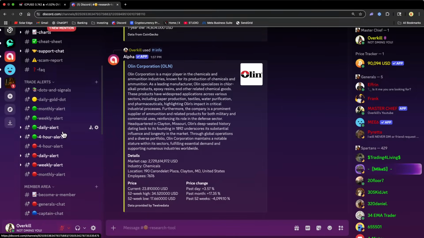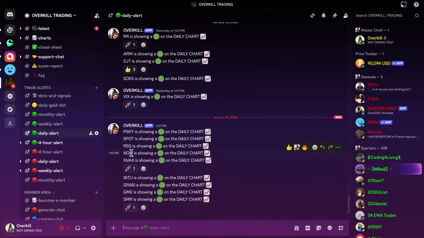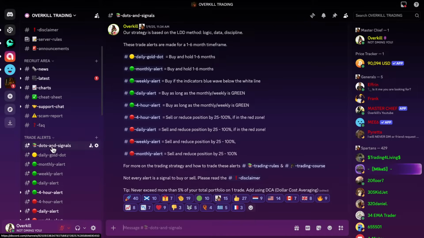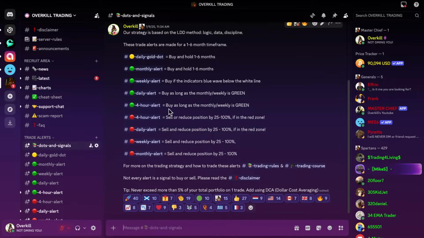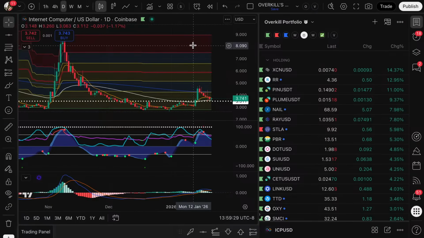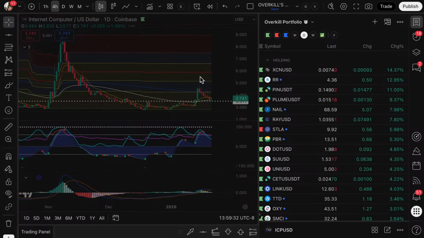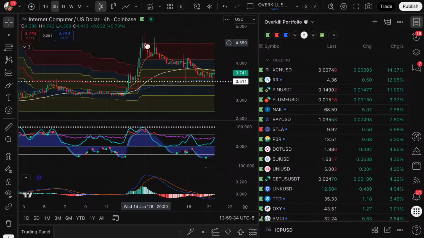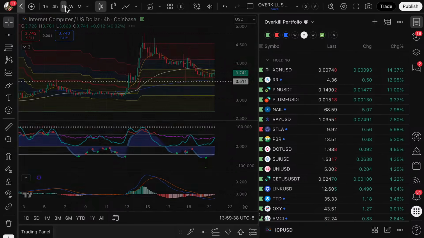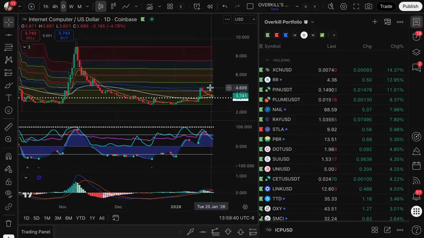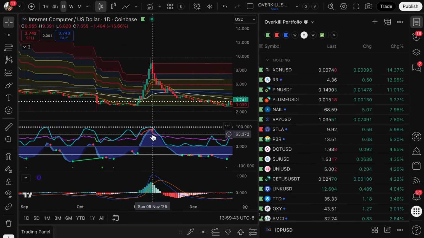And again, we call out all these signals over here in the Discord. If you guys don't have the indicator, you can see the signals over here. I also have a thread here called Dots and Signals. This one will actually tell you how to trade each one. So it'll say like a weekly dot, seller reduce position by 25 to 50%. Red dot on the 4-hour, seller reduce your position by 25 to 100% if it's in this red zone. So on the 4-hour, I want to sell the red dot in the red zone right there at 450, taking profits. Same thing on the daily. Red dot in the red zone is where you want to take profits,